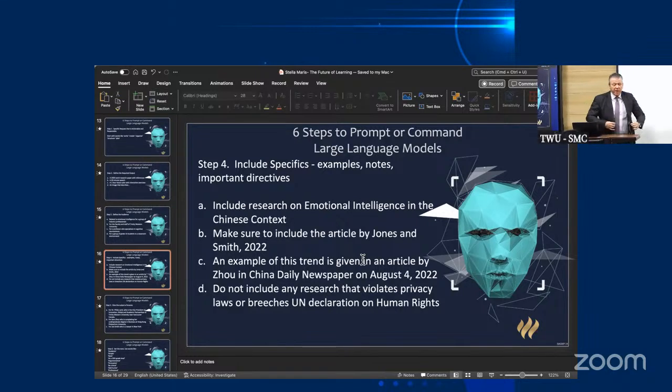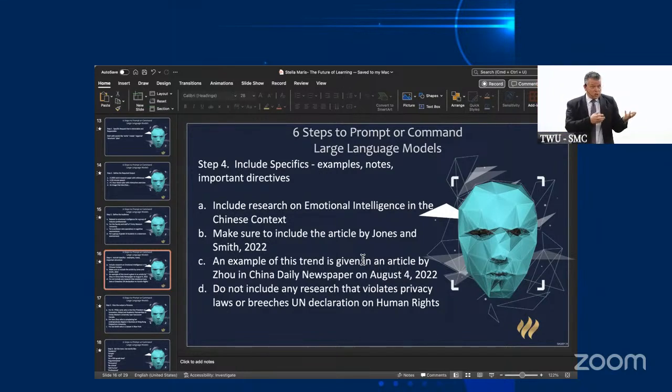Number 4. Include specifics. Notes, examples, important directives. Include research on emotional intelligence in the Chinese context. Make sure to include the article by Jones and Smith. 5 or 6 articles. Make sure to use the article by Jones and Smith, Polo, Watson, and put all the dates of the articles in and tell it what articles to look for, and it will look for those articles and use those articles in the paper.